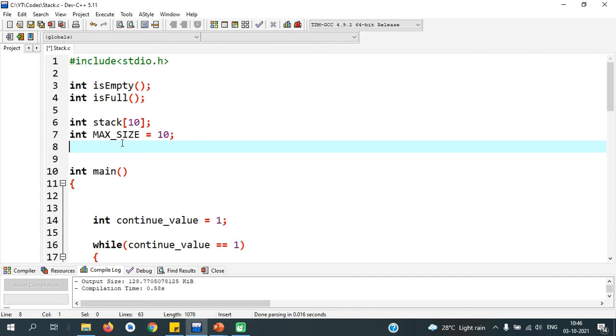I'll repeat it again. If the stack has a size of 10 and the number of elements in the stack is 6, that top variable will have the index 6. Int top of stack. So now it is understandable. Initially it will be -1. Initially the stack is empty, and because the stack is empty, top of the stack is -1.